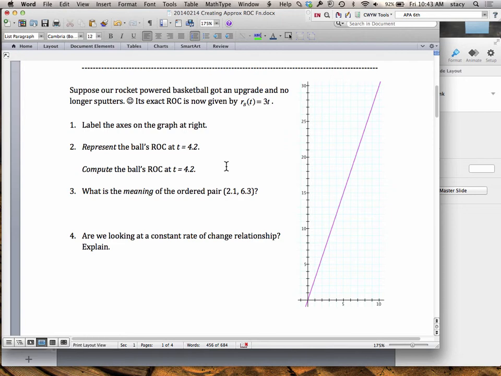All right, let's talk about it. So, what is this graph showing on the right? What are the axes? Yes. The x-axis is time. Time in seconds. It doesn't say that, but sorry, recollection, right? We had a rocket-powered basketball before. So what other units did we use? We used feet, right? So the vertical axis is,